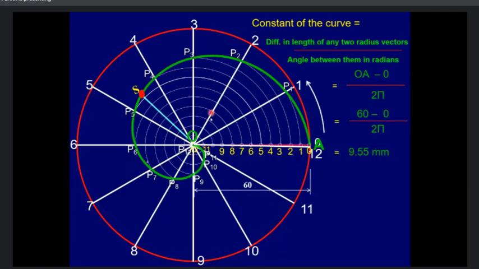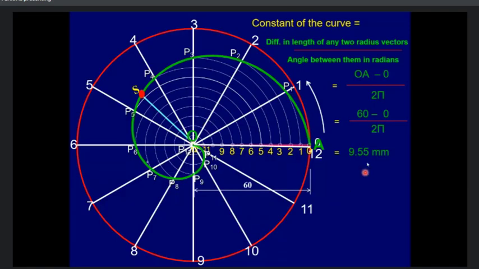Let's say there is a point S on the curve. The very first step is to connect this point S with O. First step: take any point on the spiral on which you want to draw the normal and tangent, and join it with point O, like this, connecting S with O. Now I need to make a perpendicular line to SO, starting from O. From O we will make a line perpendicular to OS.